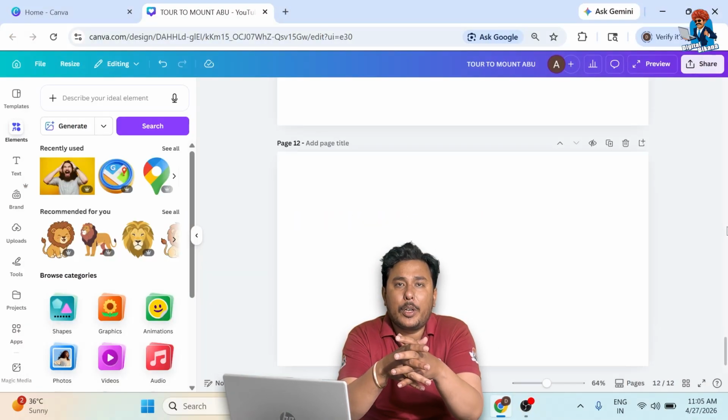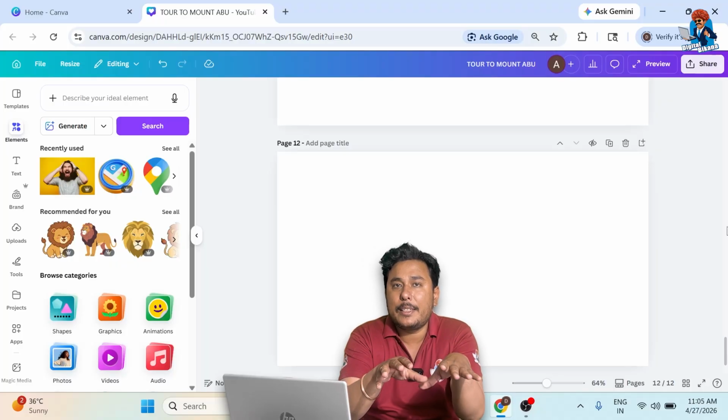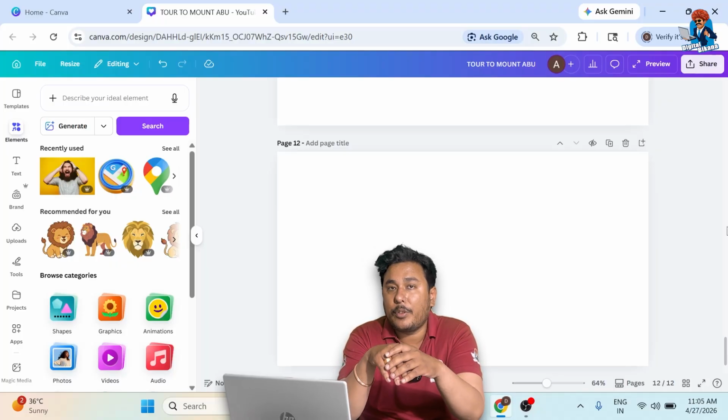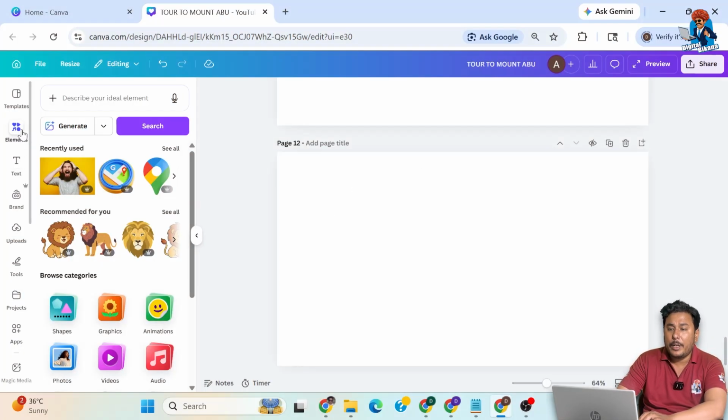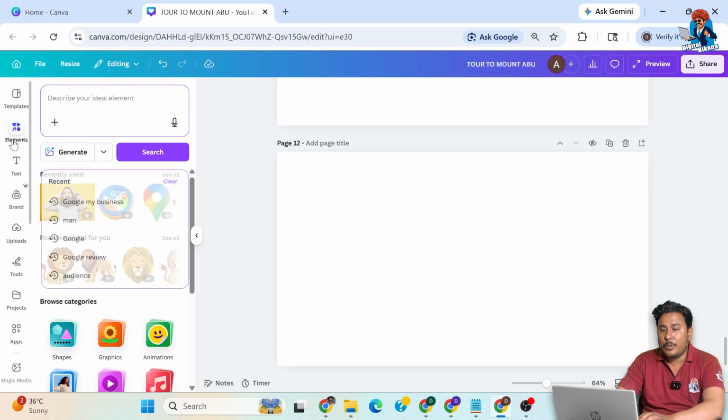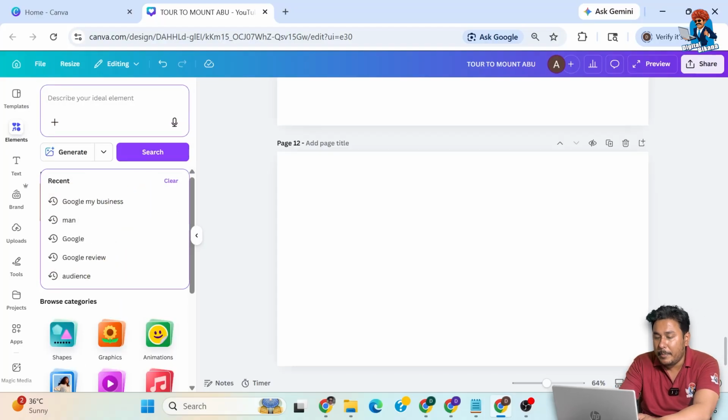Friends, in this video I'm going to tell you how you can apply a lens flare into your photograph using Canva. Right now, as you can see, we are in Canva, and here we have just selected a blank image template. Now here we are going to add an image from the elements. So I'm in the elements, and here I'm just searching for a landscape